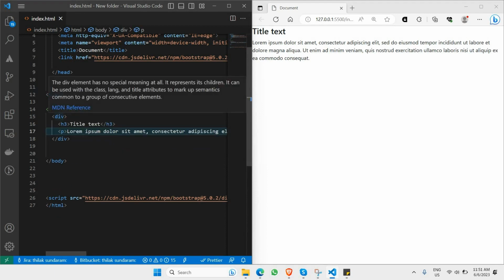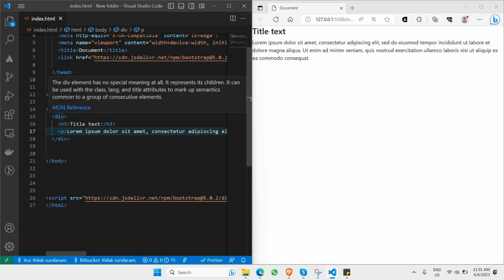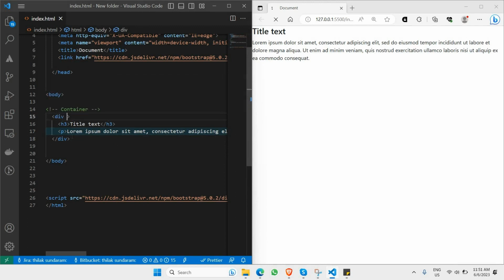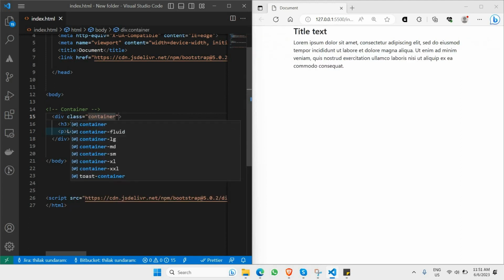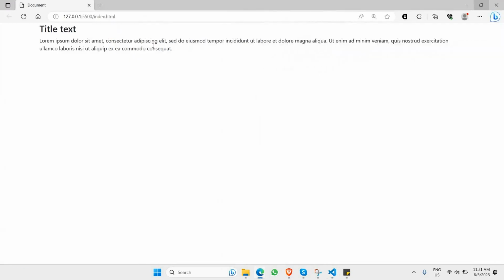And there you go. Right now, these two text components have already been wrapped within a div, and all I need to do is add the container styling properties. And there you go. I just added container right here, and you're able to find some changes have been made. In the first change, you'll find a gap has been formed on both sides right here. The reason why is because this particular div has already been applied a max width,